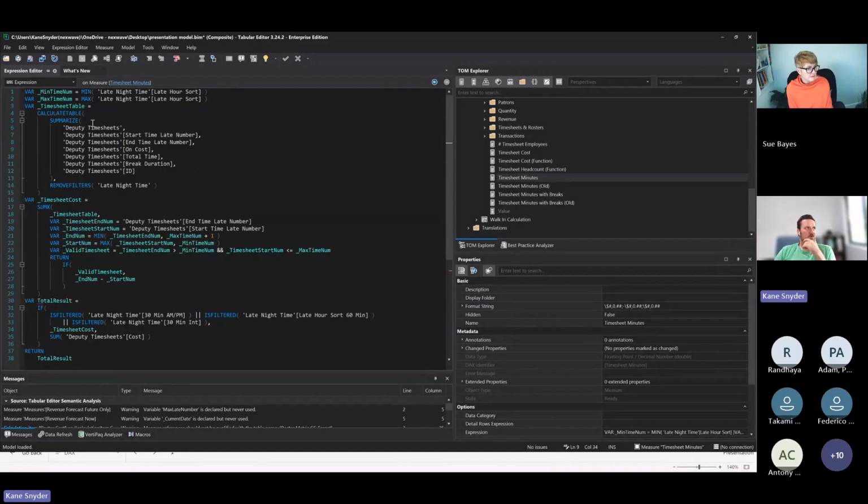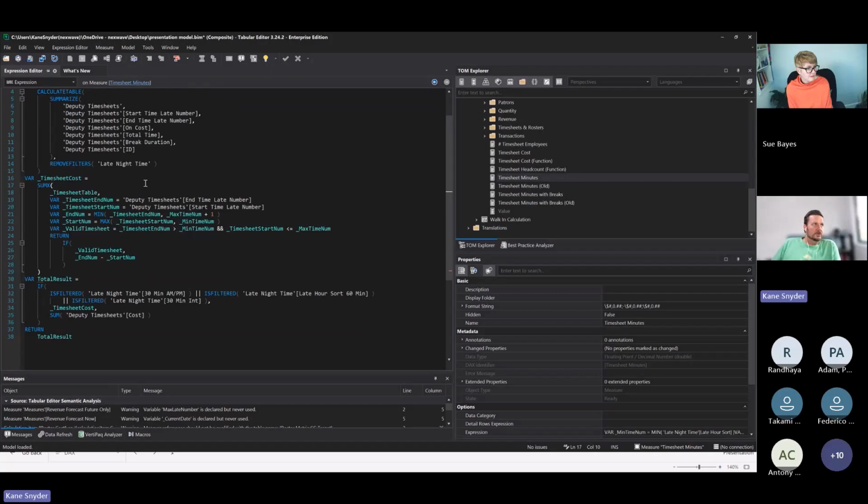So I've said summarize the timesheets table by the things that I need, making sure that it's at the right level of detail because I've got the ID in there. And then I've got the remove filters on time for that reason that we discussed, because we don't want that start time relationship to be affecting things. We're going to be more explicit about how we count things. It's still good to have the relationship in the model because we might need to calculate things in different ways, and it's always better to leverage a relationship if you can. But for this, we will remove all the filters on time and just say, give us all of the timesheets unfiltered by time.